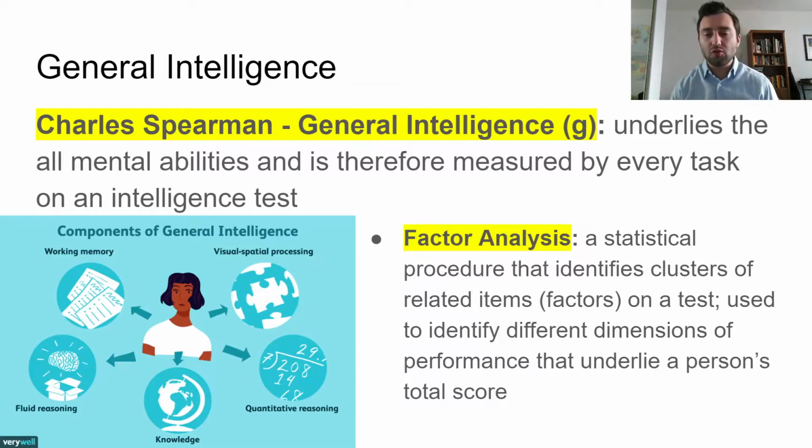Now, when we do factor analysis on different types of intelligence tests, what we find is that there do tend to be clumps. There do tend to be these underlying ideas where if someone is scoring really high somewhere, they're probably scoring pretty high elsewhere. A really simple way that you can see this, although it's not a perfect example, but it gives you an idea, is that you're all in an AP class. And the chances are the majority of you in this AP class are also in at least one other. And if you're not, you're probably in honors classes in most of your classes. And you can probably see that.